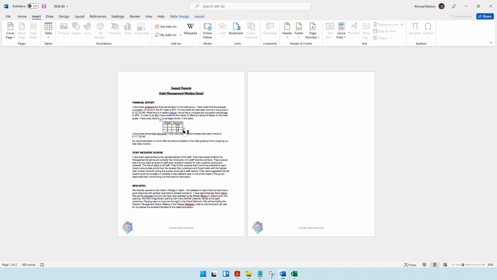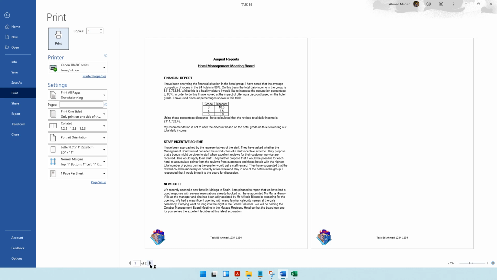You can say Control P, make sure it's fitting one page. Now it's going to 2 pages, but the second page has nothing, so no probs. You can just go ahead and print this. Okay,